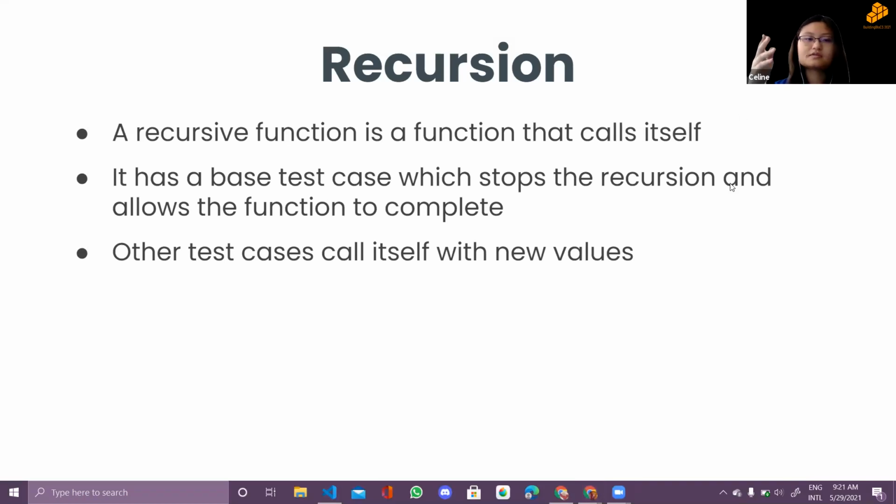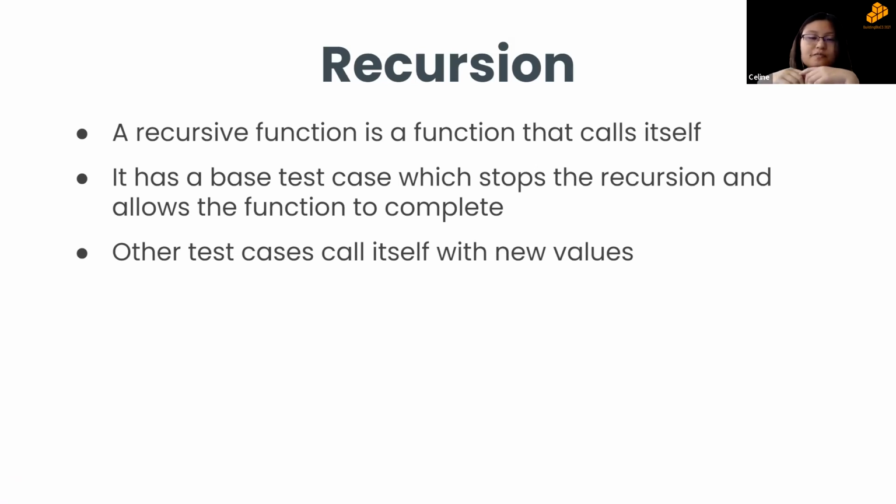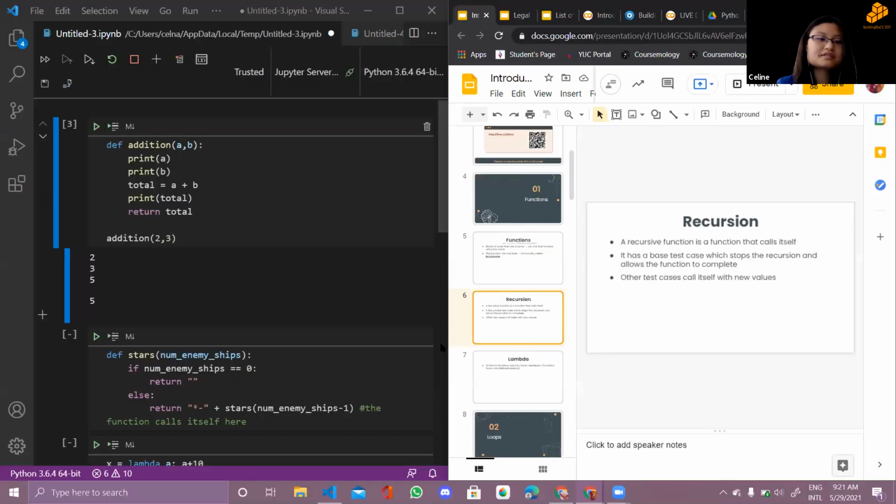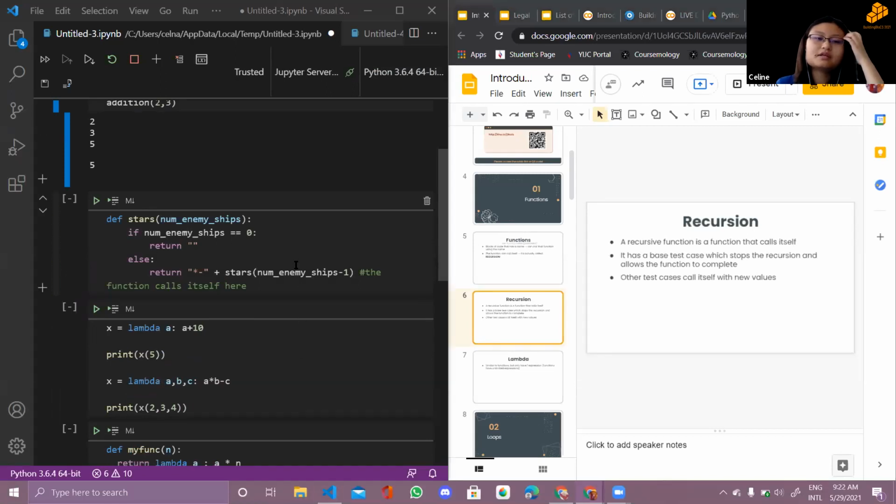Then next up is recursion. Recursion is a function that calls upon itself. In order for recursion to work, it must have a base test case to stop the recursion and allow the function to complete. In other test cases, it will call itself with new values. So there must be something, or a base case as we call it, to stop